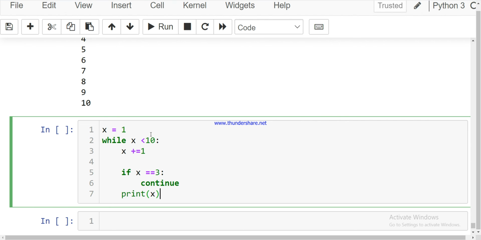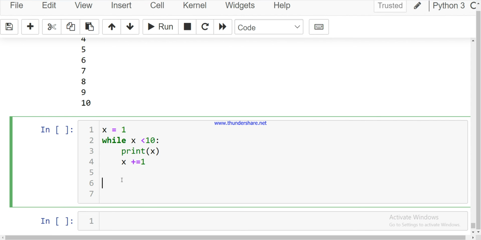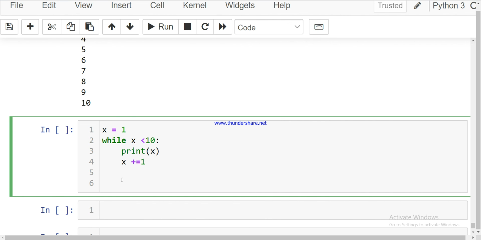Once we want to use the else condition with that, you can do so. For example, if this statement is true, then print x. If it is false, then go to else. This is not an if statement, this is just an else with while, and with else print